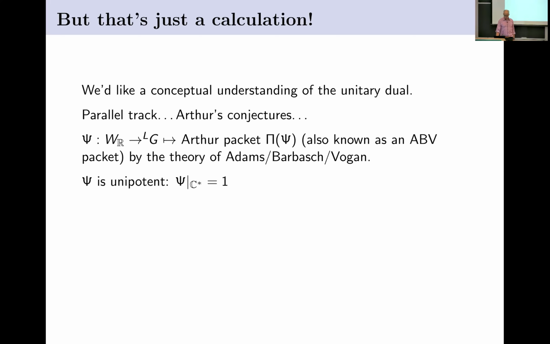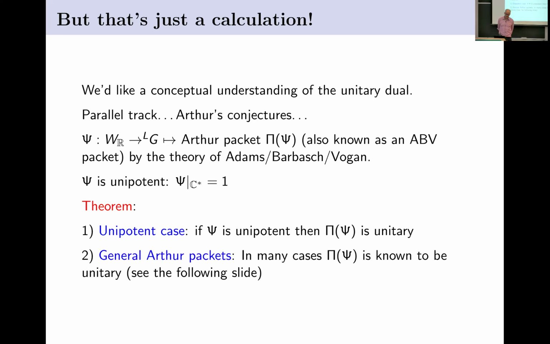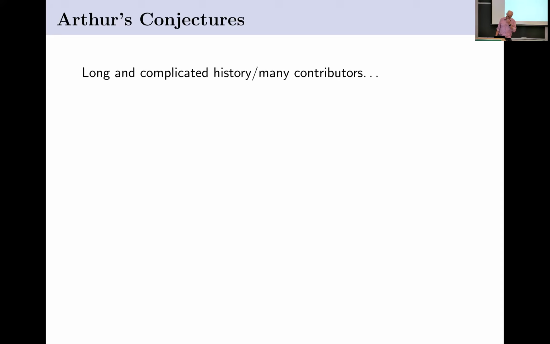And by definition, these are unipotent if the parameter is trivial on the C-cross. And here's a theorem. If psi is unipotent, then every representation in that packet is unitary. And in general Arthur packets, in many cases, all of the representations are known to be unitary. We're not quite done with all of the cases. And the history of this theorem is long and complicated. It has many contributors, and I'm not going to try and spell out everyone's contribution. It's impossible. And I apologize beforehand if I haven't correctly